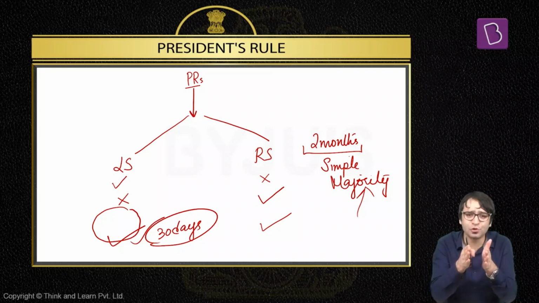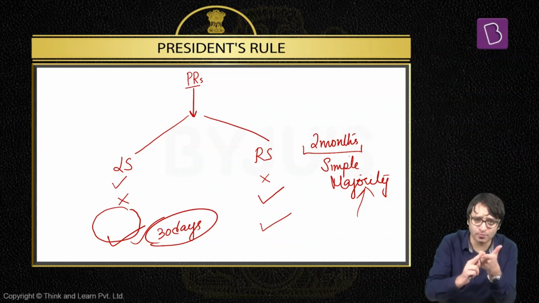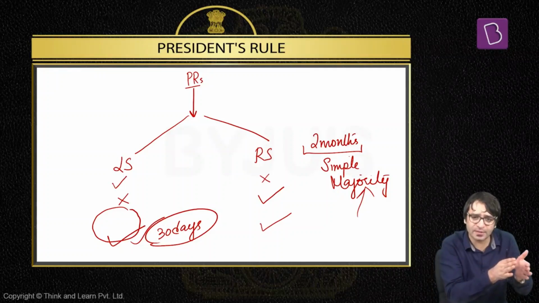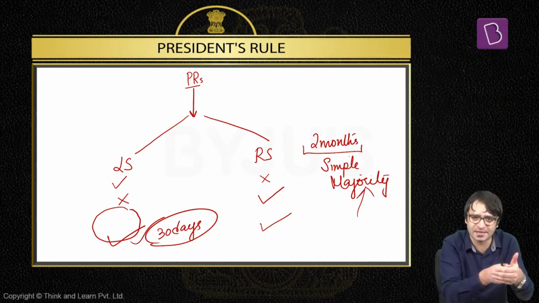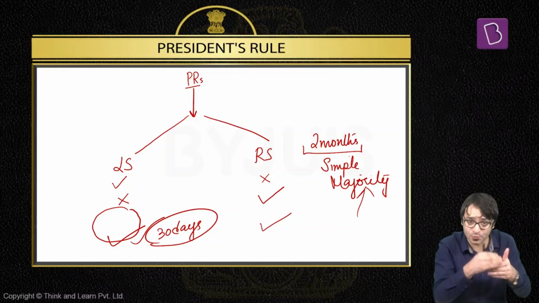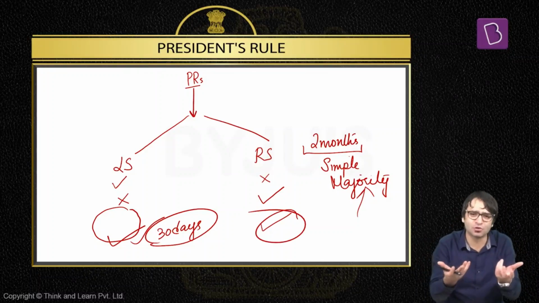Long story short, President's rule imposed today within 2 months. Both Lok Sabha as well as Rajya Sabha shall have to approve President's rule within 2 months, that too by simple majority. What if within these 2 months Lok Sabha is dissolved, but over a period of time it will be reconvened? A new Lok Sabha will be set up, a new Lok Sabha will be called in. When this new Lok Sabha is convened, within 30 days of its reconvening, this Lok Sabha shall have to approve President's rule by simple majority. That means within 30 days, provided if Rajya Sabha had approved it. If Rajya Sabha had not approved it in the past, that means President's rule cannot continue in that state.